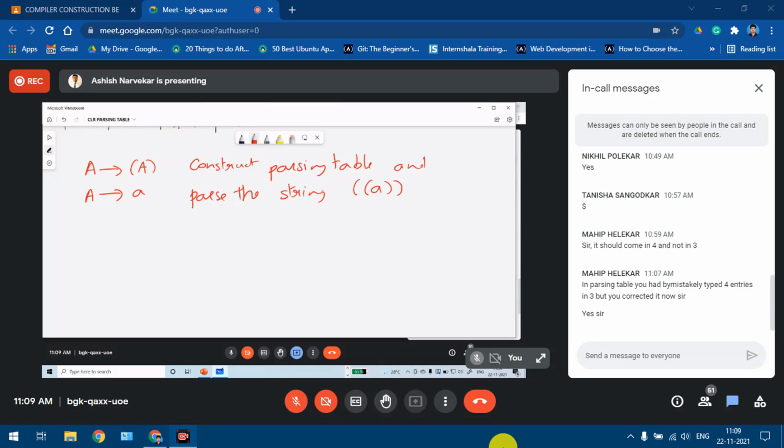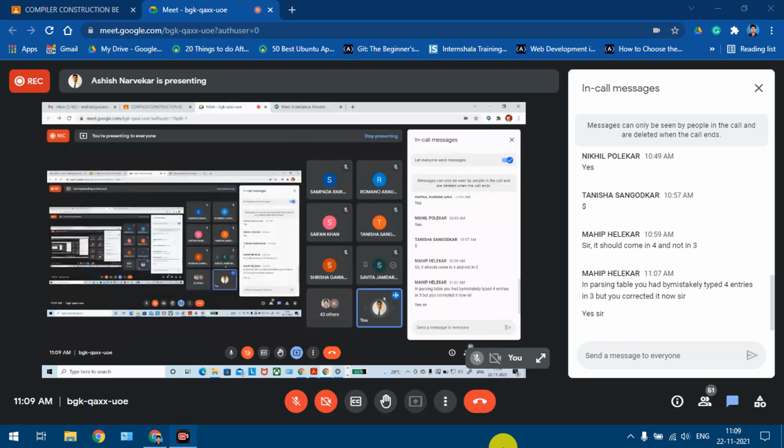As I told you earlier, the parsing of string algorithm remains the same. And you all had also agreed that you already know how to parse a string. So for parsing the string, it is just about referring to the parsing table of that respective parser and then doing the parsing of that string, wherein you are just either performing a shift or a reduce depending on the parsing table actions. Clear? Any doubts in this?